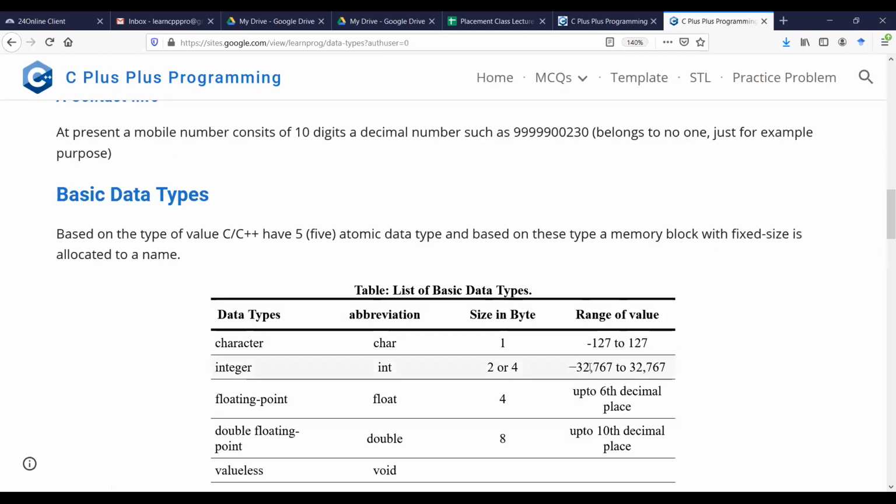Okay, it is the minimum value that I have listed, based on 2 byte. So you need to calculate it if it is 4 byte. Very easy to calculate. 4 byte is equal to 32 bit. So the value is going to be supported in a positive range from 0 to 2 to the power 32